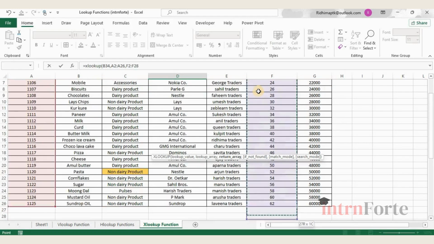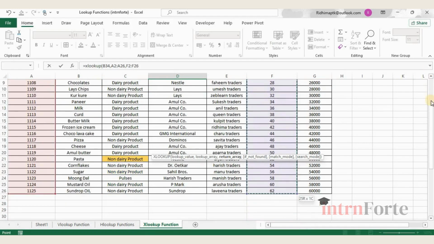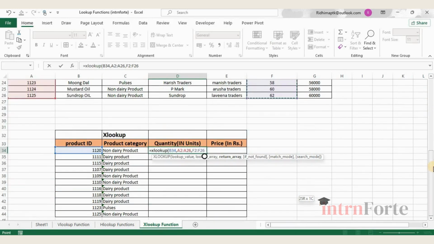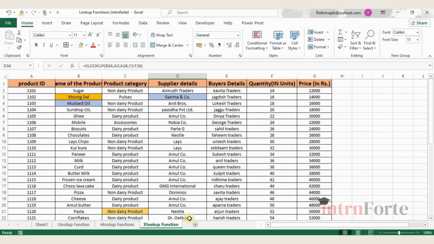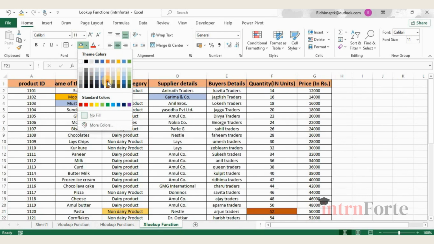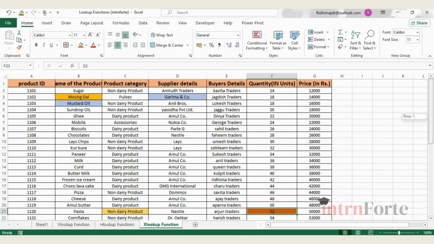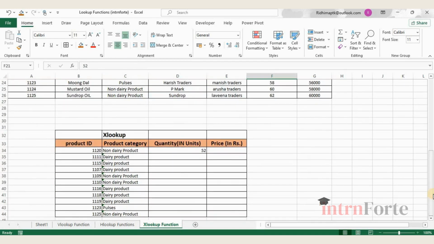So I'll select the quantity column only in the return array and just close the bracket and press enter. So you will see for 1120 my quantity will be 52. Now I'll cross verify, like 1120 my product quantity is 52. So I'll highlight it like this. Alright, so it means that whatever formula I have entered in the quantity column, that formula is exactly